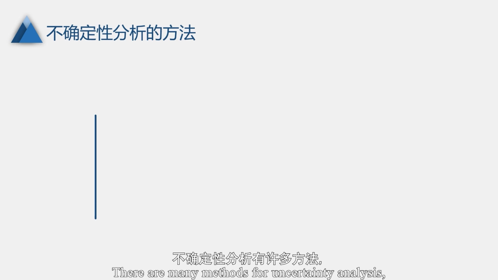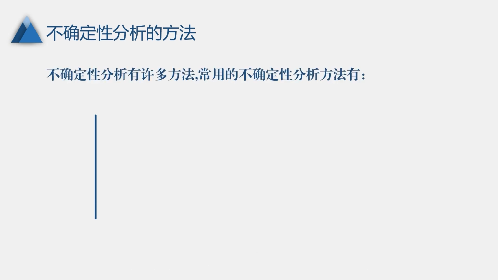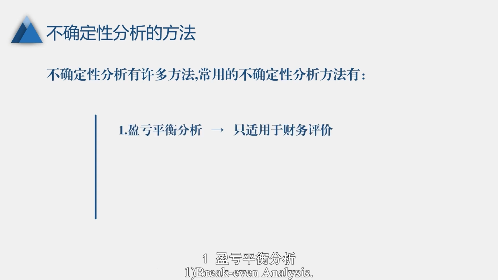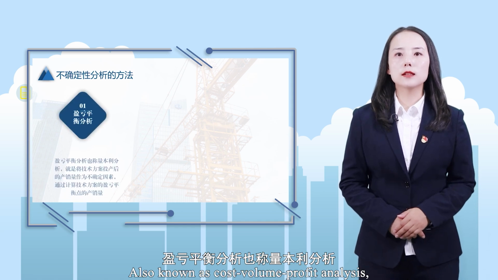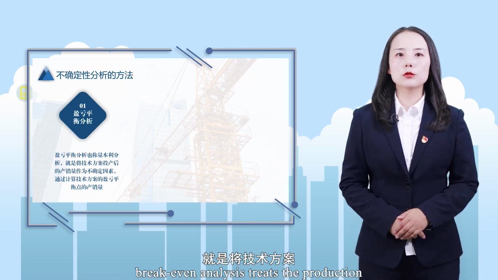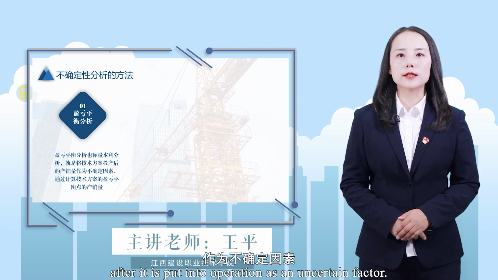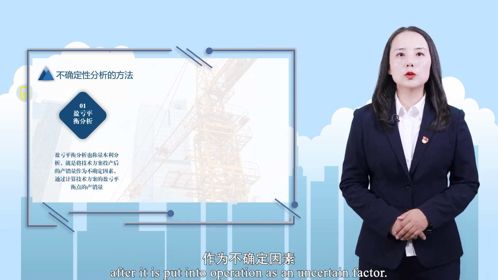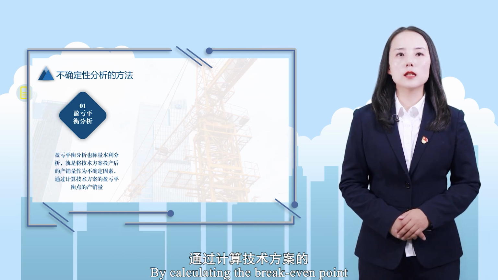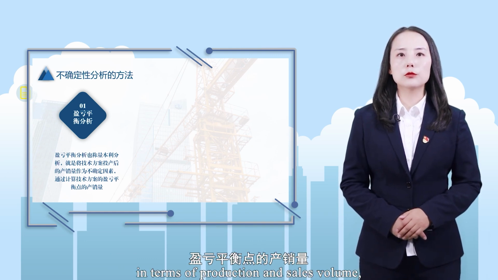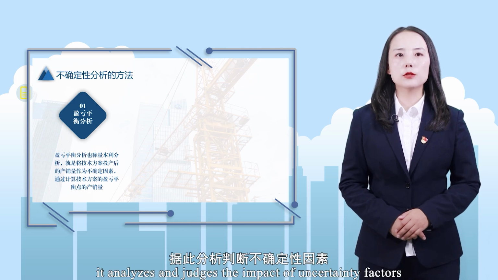4. Methods of uncertainty analysis. There are many methods for uncertainty analysis, with commonly used ones including 1. Break-even analysis, also known as cost-volume-profit analysis. Break-even analysis treats the production and sales volume of a technical solution after it is put into operation as an uncertain factor. By calculating the break-even point in terms of production and sales volume, it analyzes and judges the impact of uncertainty factors